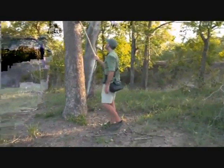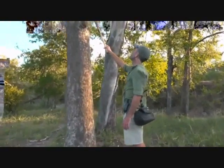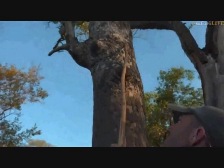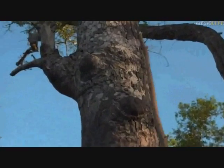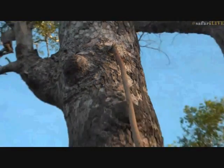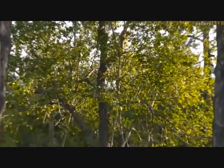Now, while we look up here at where an elephant has been rubbing itself against the tree, look how high that is. That's quite astounding. It was a large elephant that did this. Tanis, you're in Canada and wondering about poisonous plants. Are there any poisonous plants that the animals have to avoid? Yes, there are. Absolutely. Many animals will have to avoid certain plants, but some plants that are poisonous to some animals are not poisonous to others. The tambuti tree is a great example. Poisonous to some, not poisonous to kudu, not poisonous to black rhino, not poisonous to...